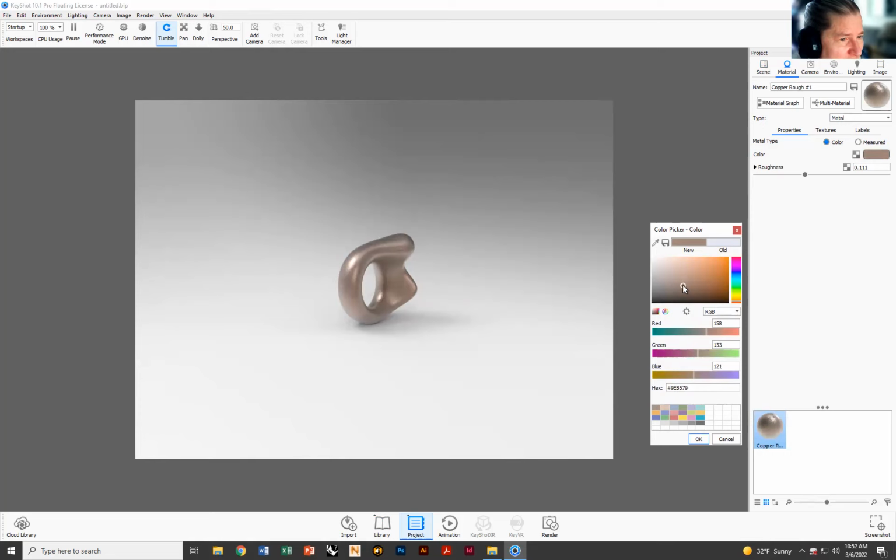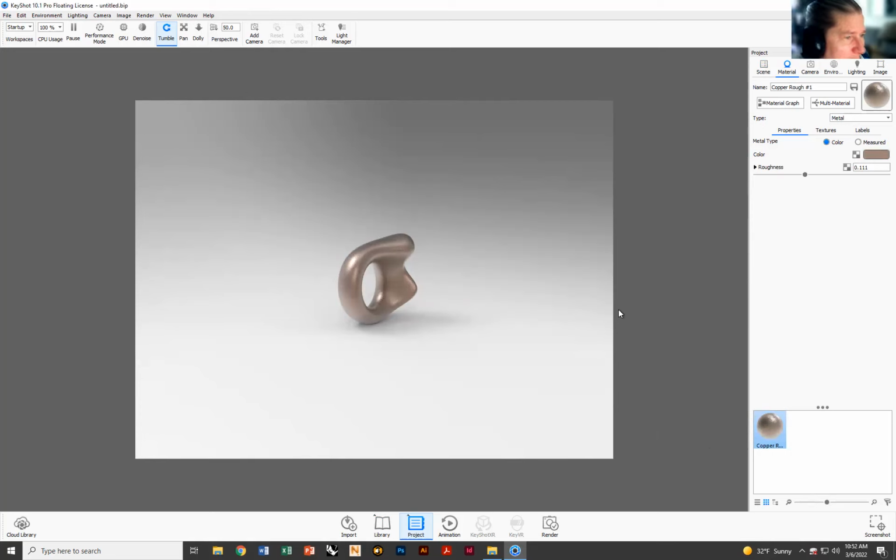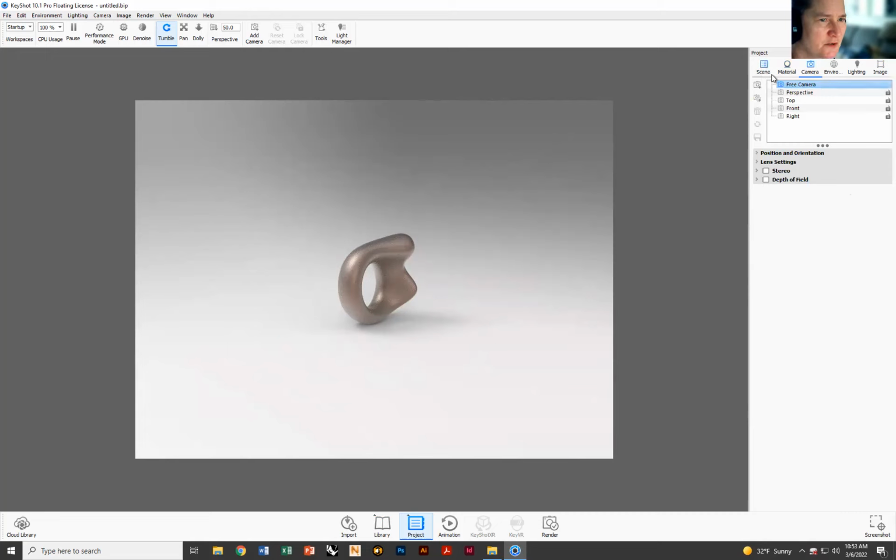Yeah, there we are. Okay, I like that. So now I've got the bronze color that I wanted. Let's run up the roughness a little bit more for the metal. Yeah, there we go. I mean, it's smooth. You can kind of see the shape really well. Okay, good. Free camera. So we could change around the camera perspectives, but let's leave that alone for the moment